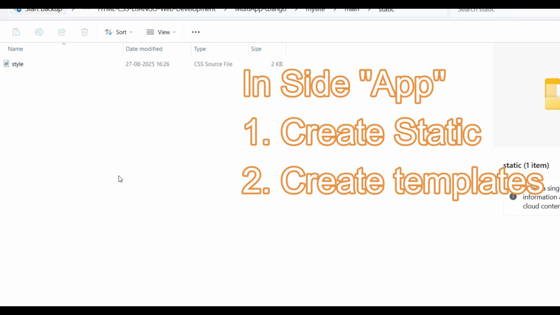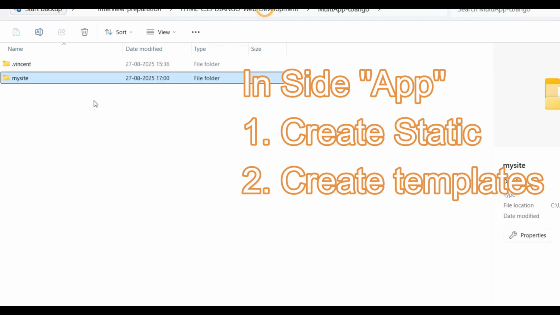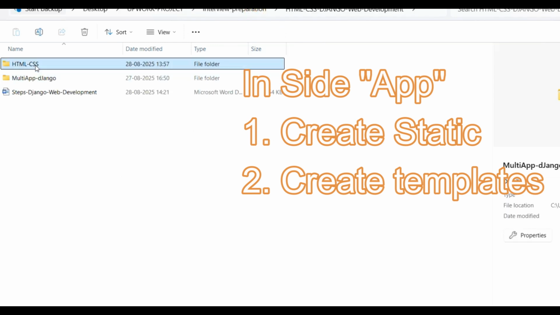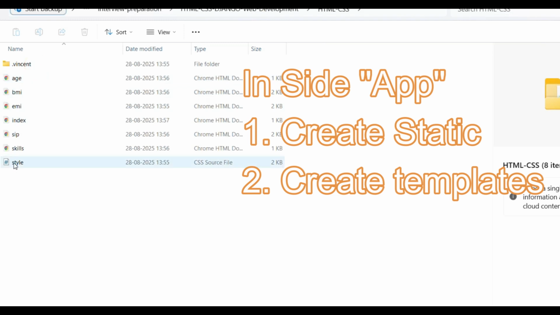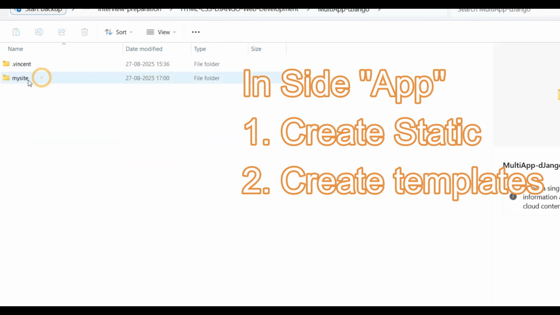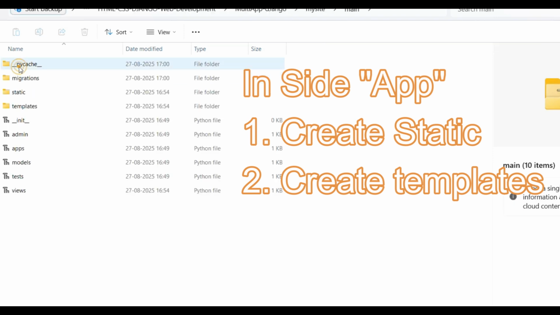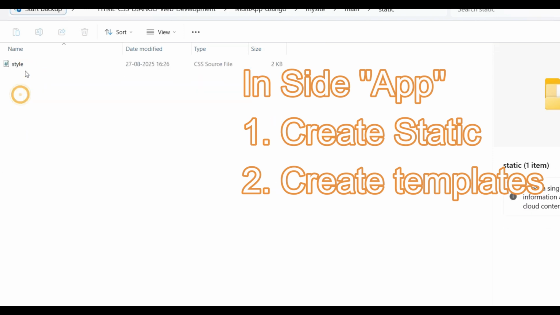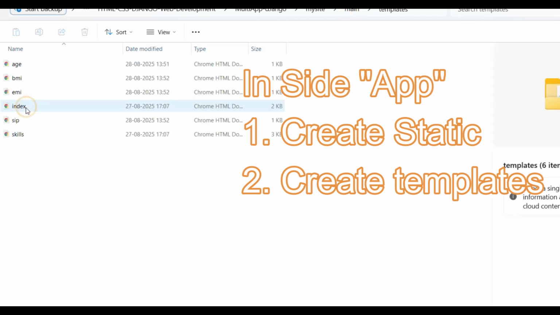Previously we kept everything under the same directory, but the style will now go into the application. The application name is nothing but main. Under this you need to create a static directory and copy the style.css. Next, you need to create a templates directory and copy the rest of the files.